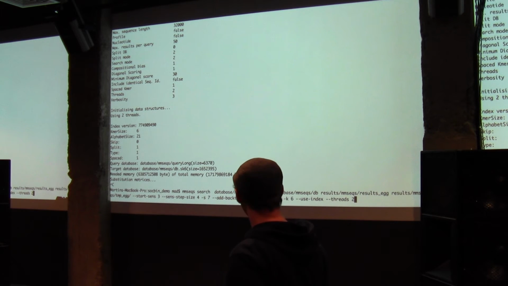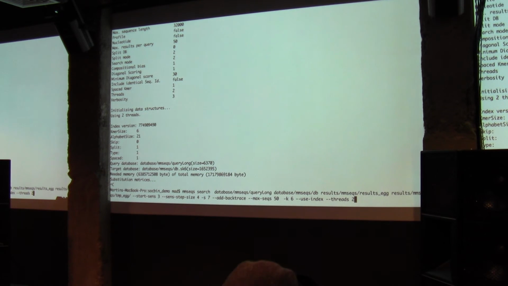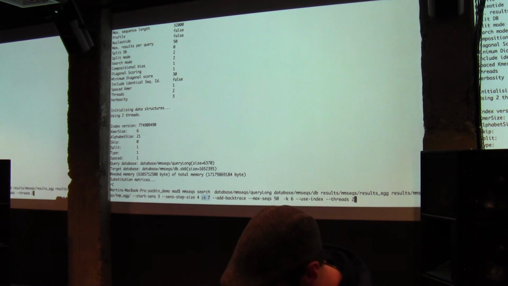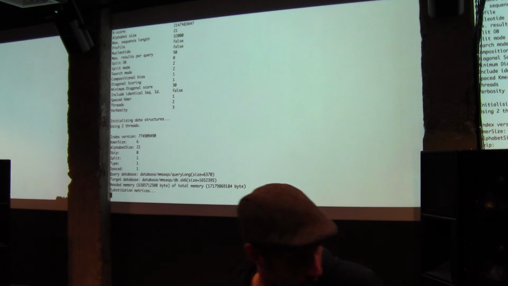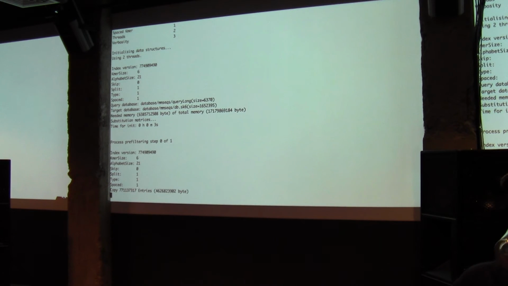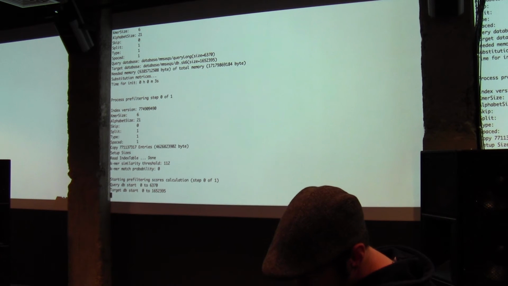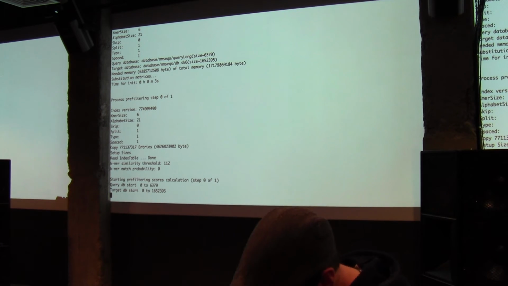And to tell MMseqs to do this is fairly simple. You just tell MMseqs it should start with the sensitivity 3 and then go to sensitivity 7. 7 is more or less the sensitivity that BLAST has. And then it goes through the catalog, and you will get one result file at the end. So you don't have to care about the details. And let's run this. It makes the same search as before, more or less. You can see it needs some seconds to do the pre-filtering with the 6,000 sequences.